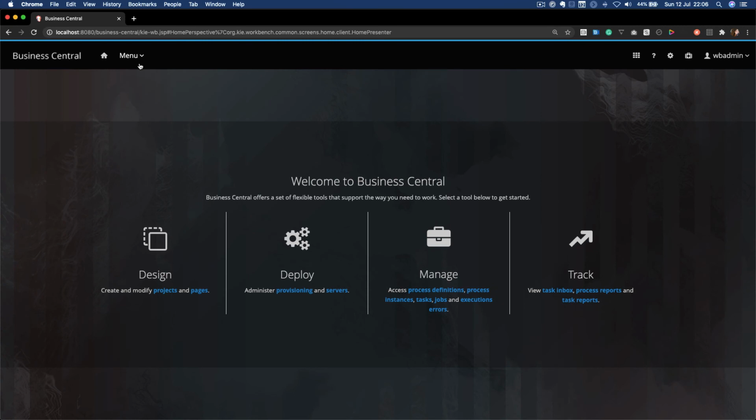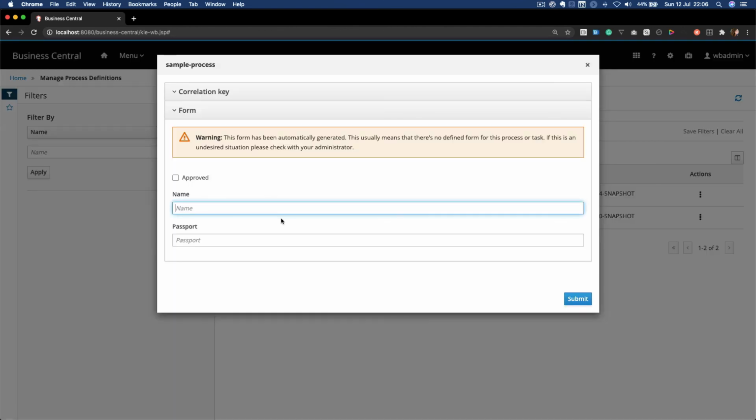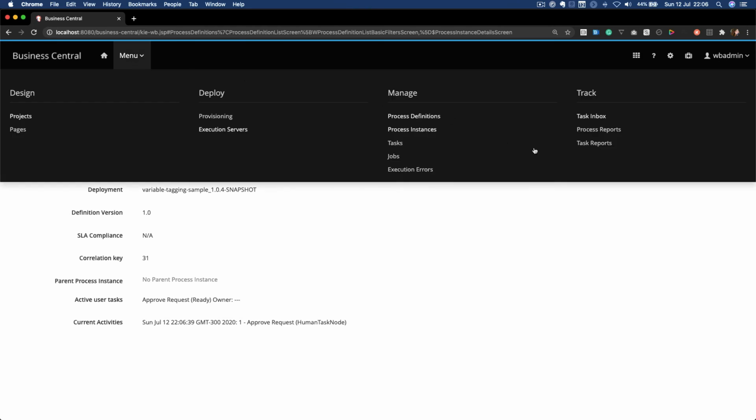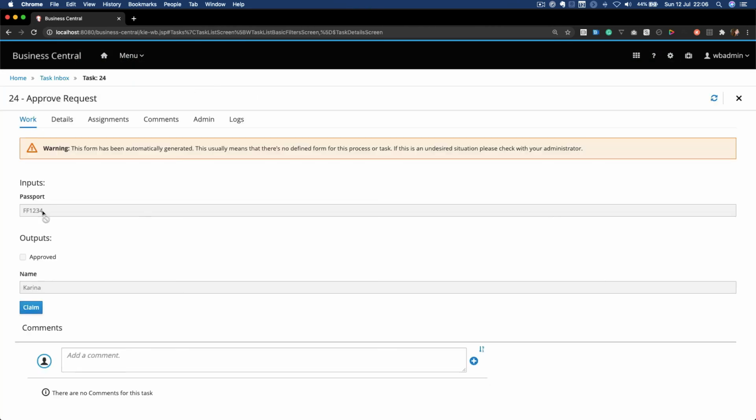So now let's check what happens within Business Central when we try to start a new process instance. Let me start it here with the name Karina and my passport. And let's see if I can get to update this passport, which is a read-only variable, within my user task.